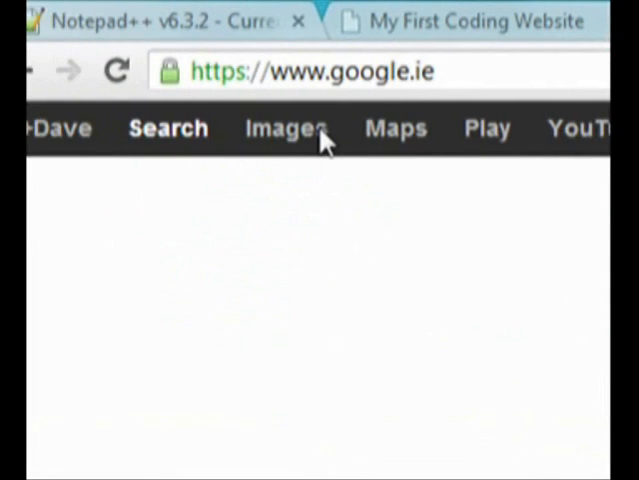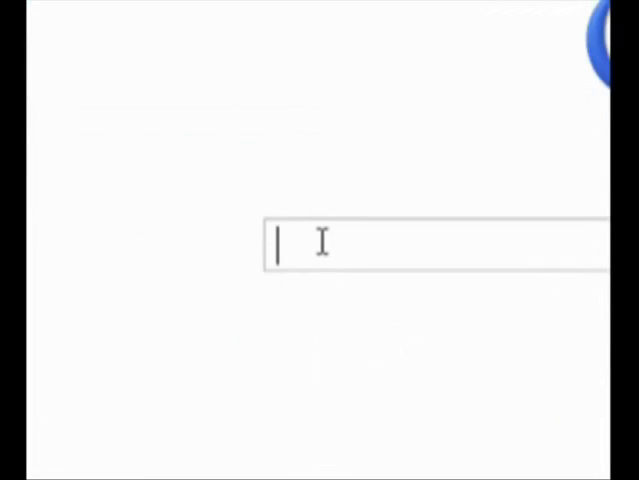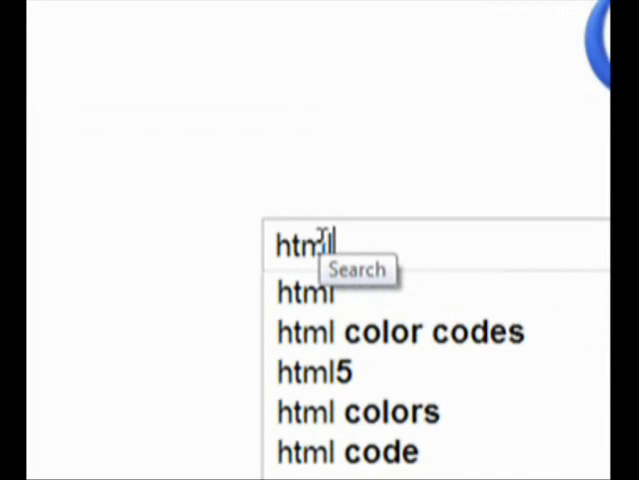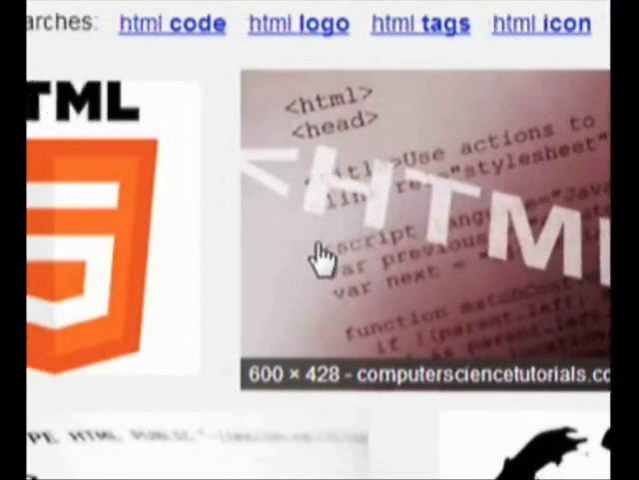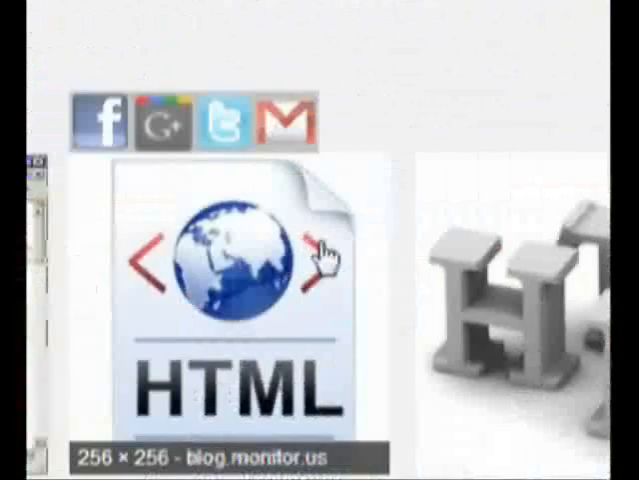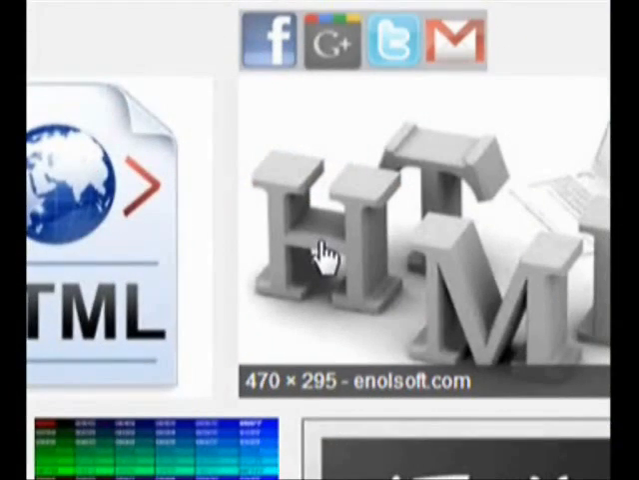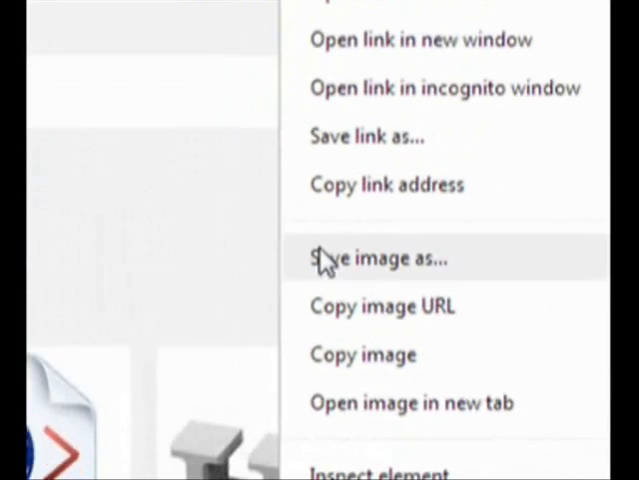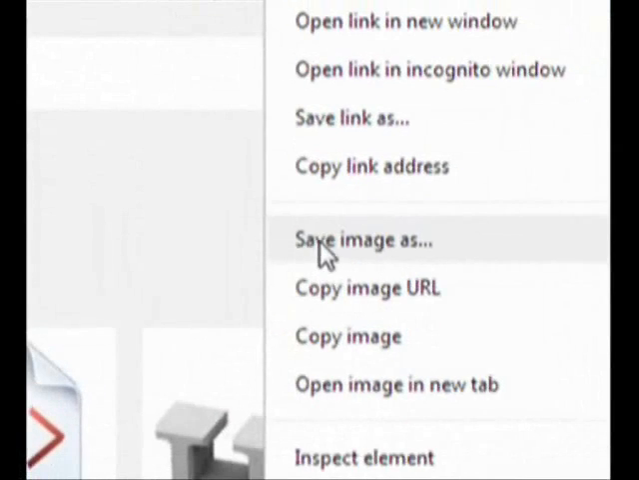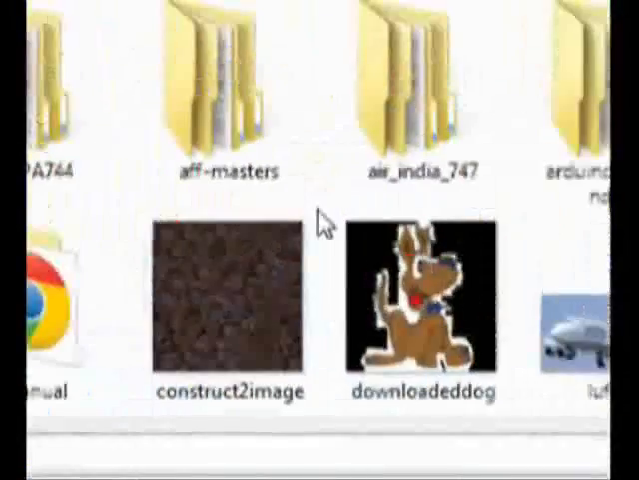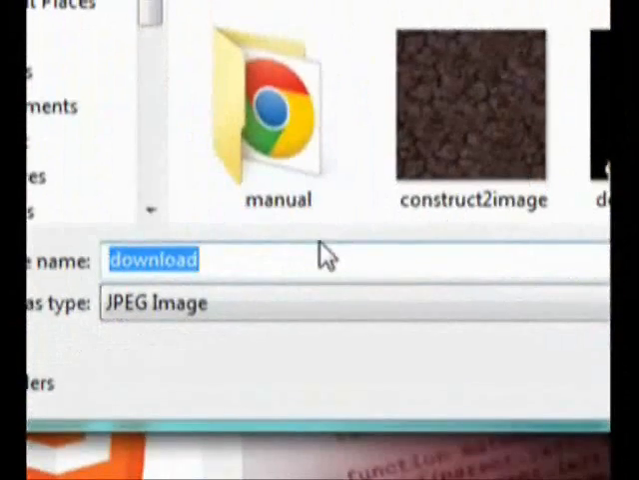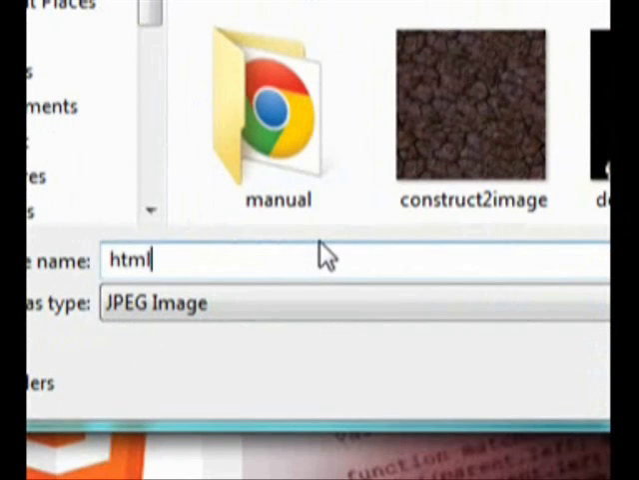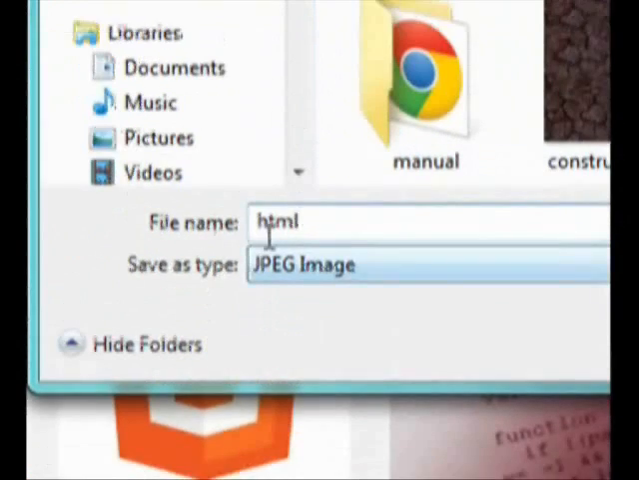So, for example, I'm just going to type in something like HTML. Okay, so I am going to choose this one. Now you want to click Save Image As, and then just put in anything you want. So say HTML, and then you'll need to pay attention to the type here for a reason, because